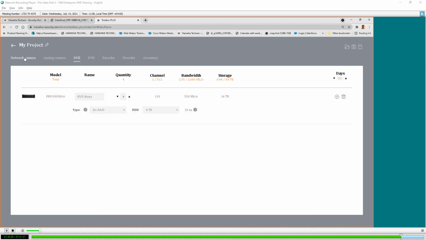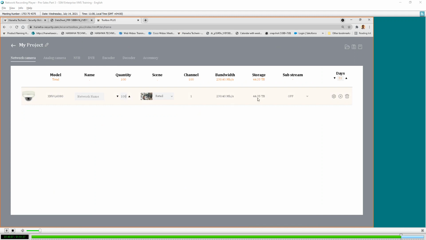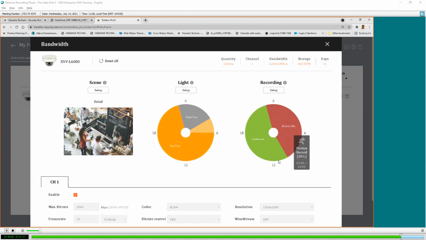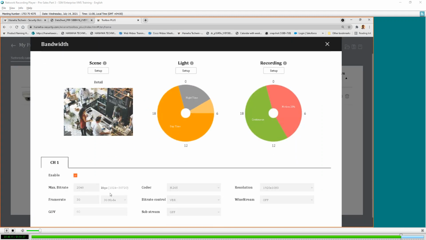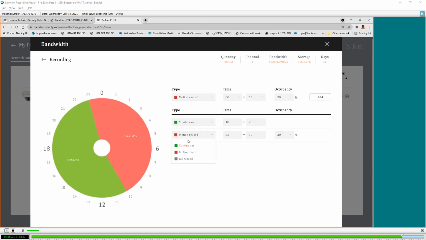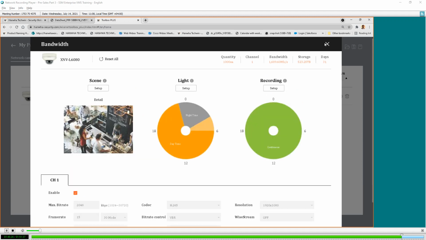Calculate: go to camera, 1000, storage, H.265, 15 frames. We are only worried about recording bandwidth, not about live at the moment. Recording, maybe continuous.